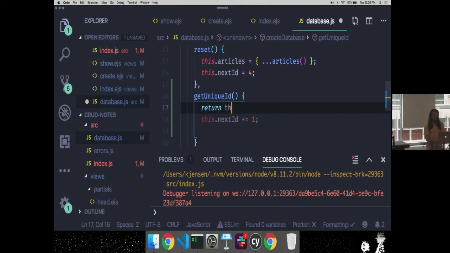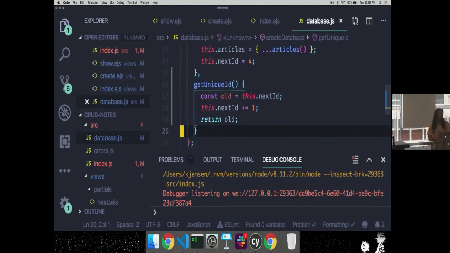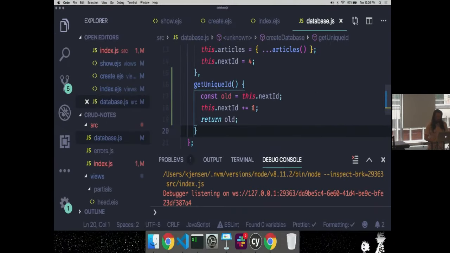Here what I have to do is say const old equals this.nextID, and then this.nextID plus equals 1, return old. Yeah, that's kind of ugly, right? But this is more explicit for sure.